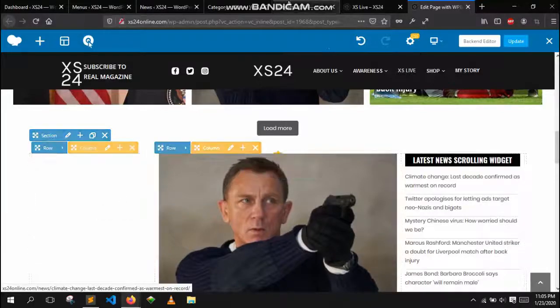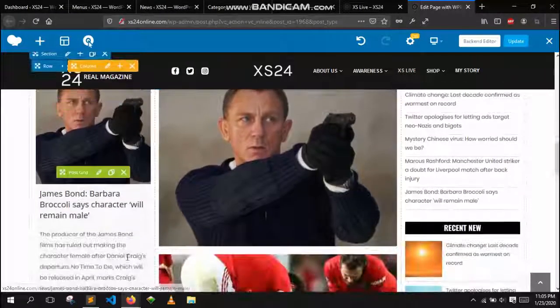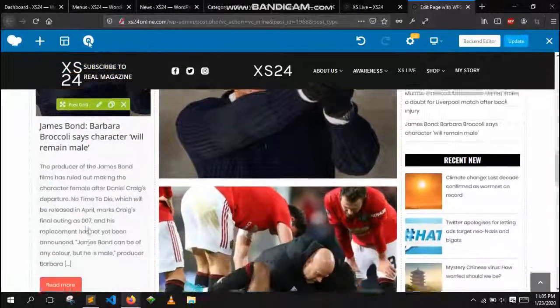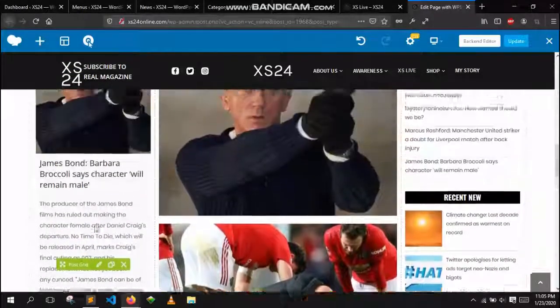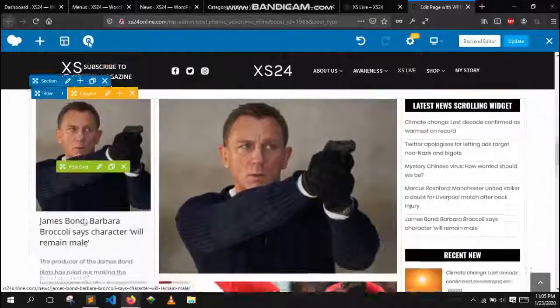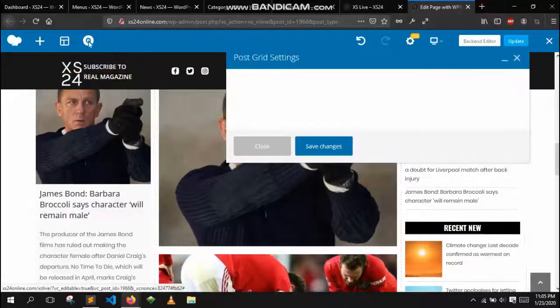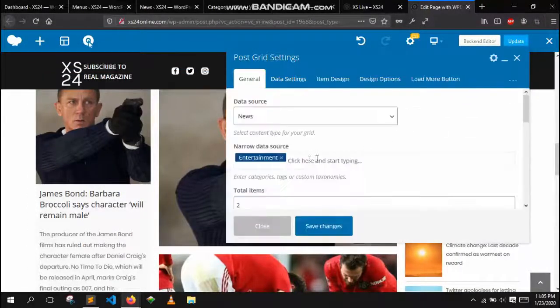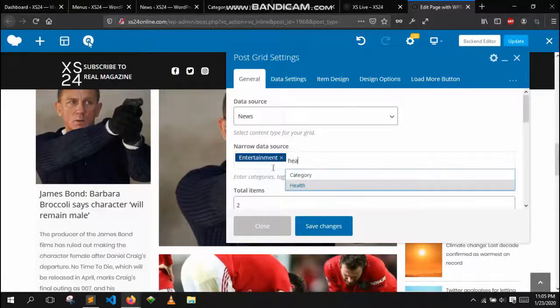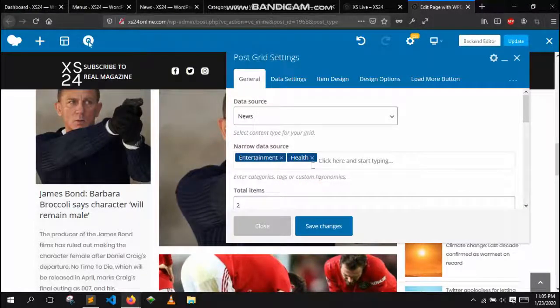Oh, wow. And there we have it. It's showing entertainment category only. So let's change it back to the original. You can write multiple categories actually. Let's say we want to write health. I want to display health and entertainment. So there we go. You can click on save changes, wait for it to update,